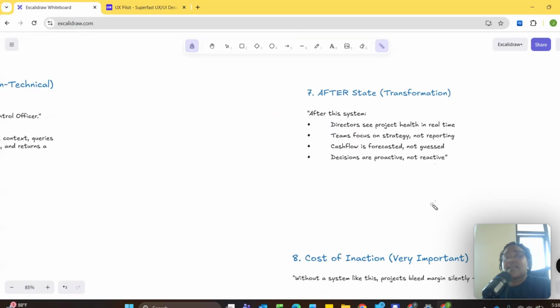And this next step is also important. Yes, we have seen what's the benefit of this system. Now, what's the cost of not having the system itself, the cost of inaction? So, for our context, since it's a project,